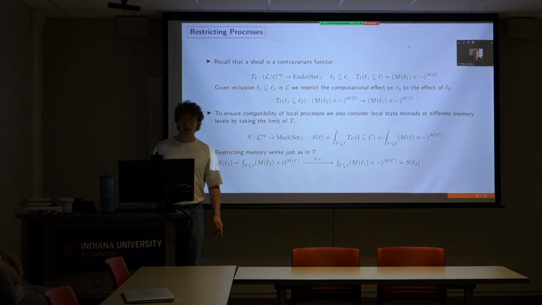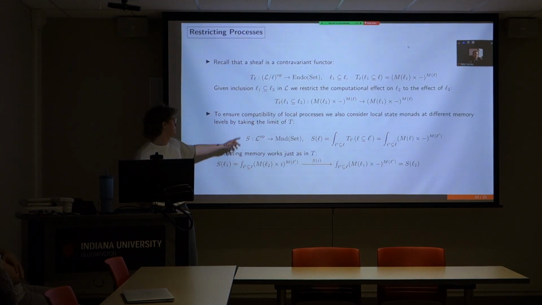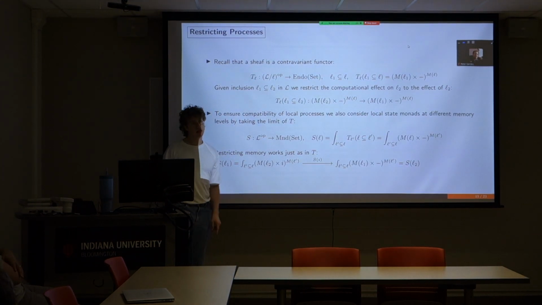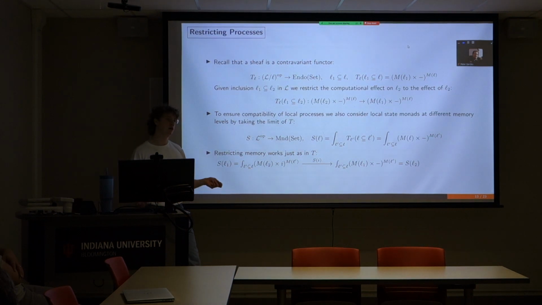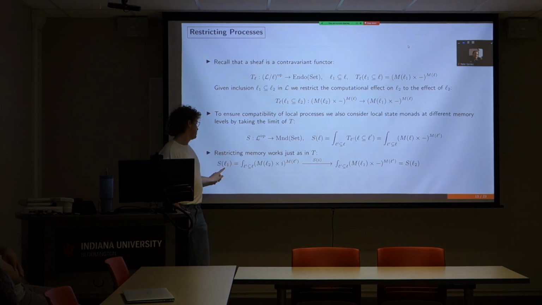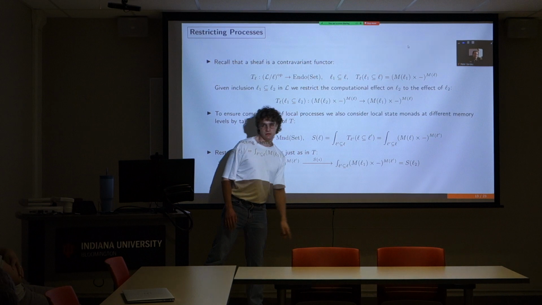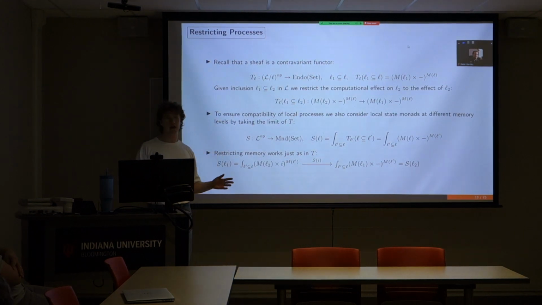And restriction of those families of functions just works the same as before. So if we have some inclusion morphism I, L1 is included in L2, then we can restrict S of L1 to S of L2. So now we have a way of